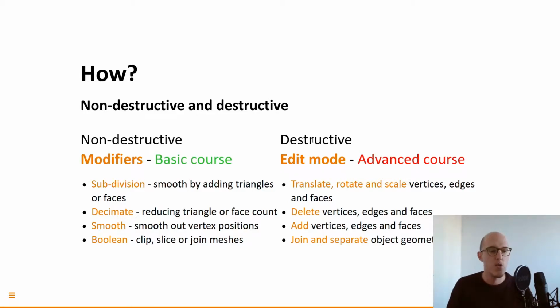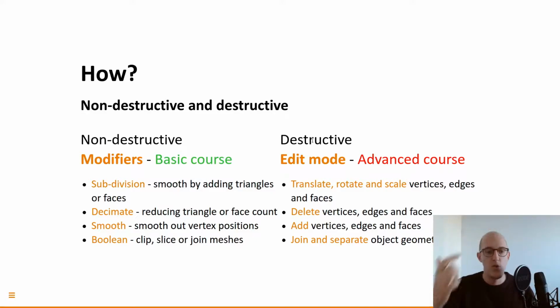So what we're going to cover in the basic course is the use of the subdivision modifier. For example, when your data is actually too little, there's too little geometry, you can introduce extra geometry with the subdivision modifier, so you have more geometry to work with, to smooth out and to visualize. So that's the opposite of having too much geometry. When you have too much geometry, you want to reduce the number of triangles, and that we're going to do